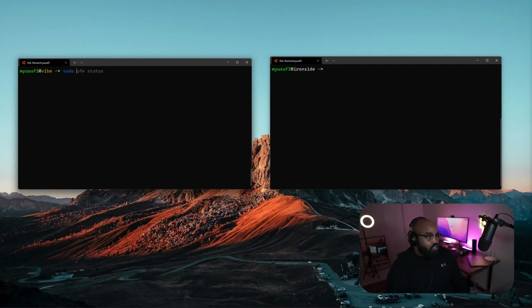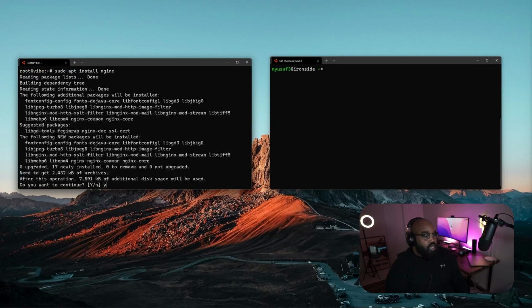We're going to sudo into root here, just so we don't have to constantly type sudo before the commands. For UFW, because you're editing IP tables, you need to have root access. So we're just going to run ufw app list, and you'll see that we have one service installed here. I'm also going to install Nginx, just for the sake of